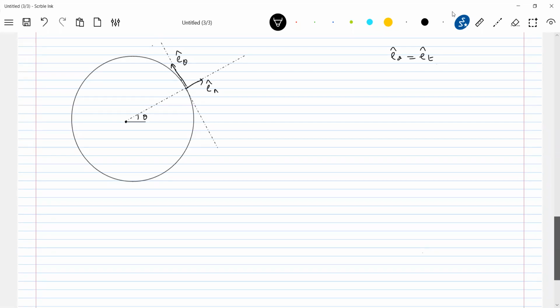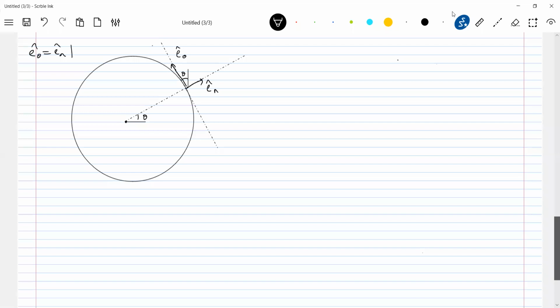Confused, t, something like a time. That's why I took theta. Okay, let me define this unit vector. Let me define this unit vector. Let me define this unit vector. So what is the magnitude of E theta cap